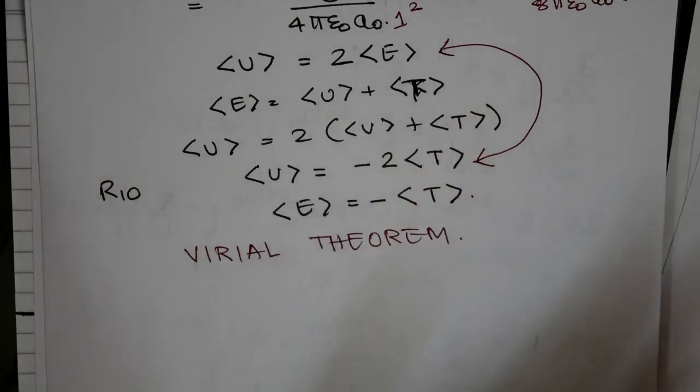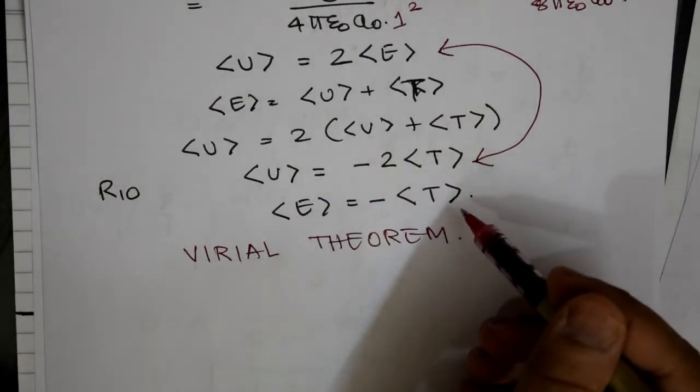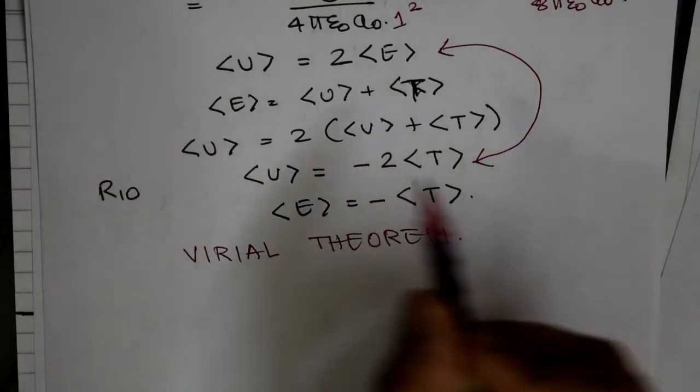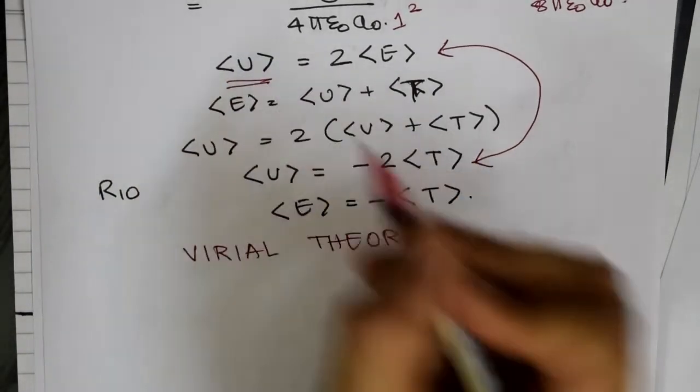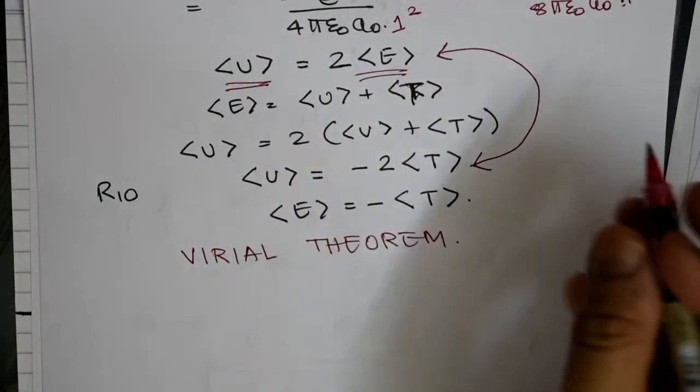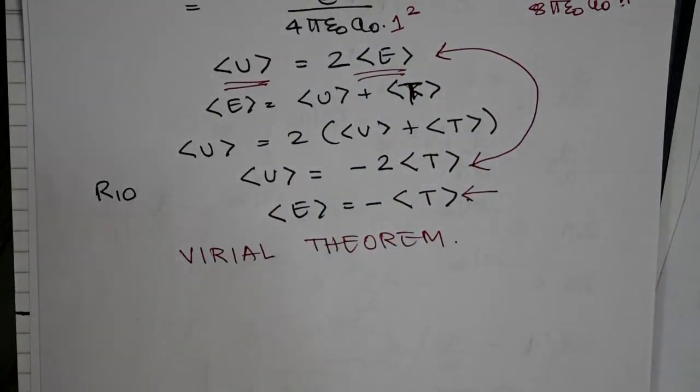So if you're able to determine the average kinetic energy, you know the total energy of the system. Let's say you have a bunch of molecules that you would like to evaluate based on their stability or reactivity. What one can do is to set up these kinds of simulations where you make up the molecules, solve the Schrodinger equation if you can. We will see soon why it might not be easy, but let's say we are able to solve it. Once you solve it and you are able to get the average kinetic energy or potential energy, you will be able to understand what the total energy is.